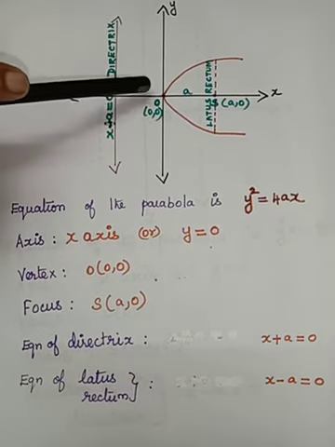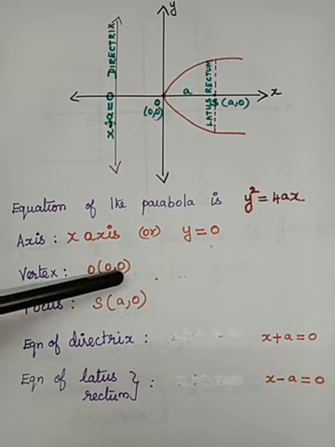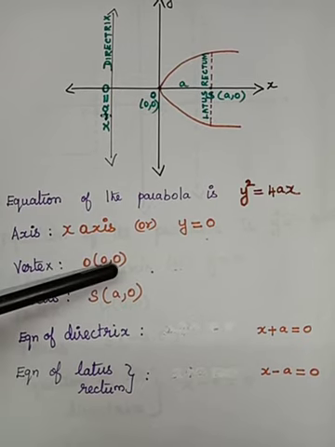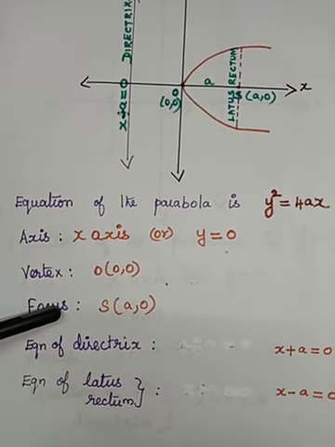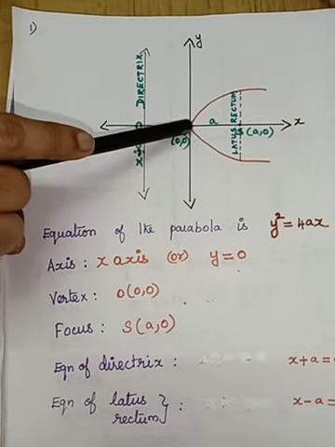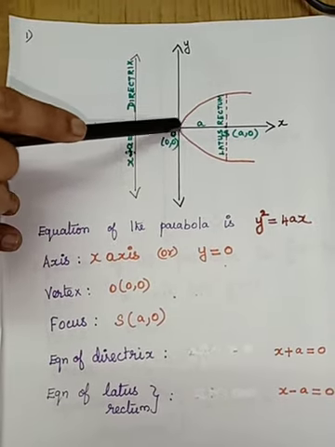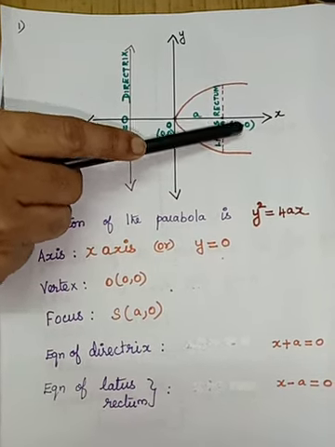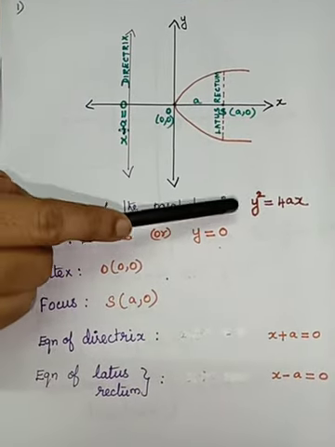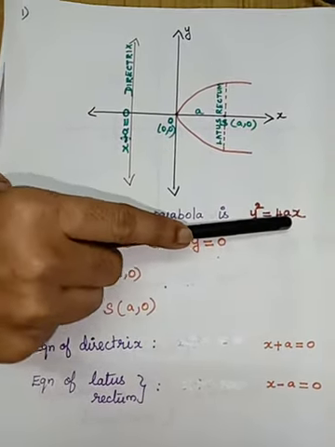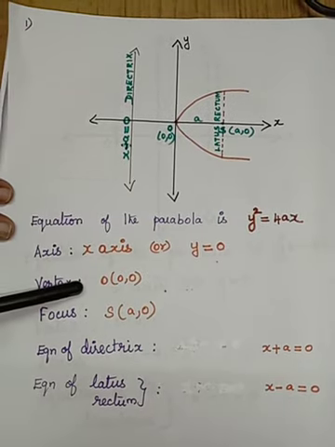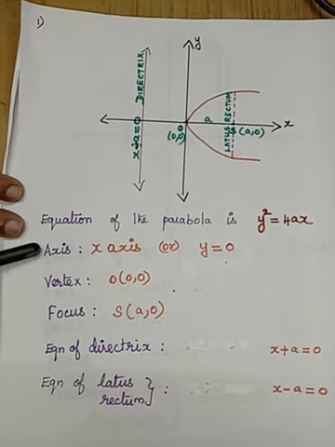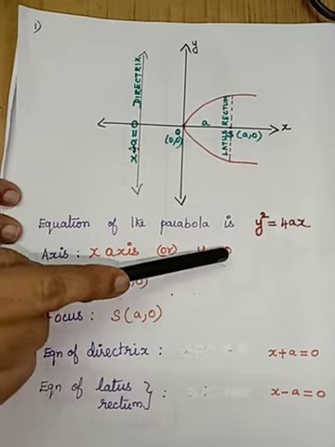So what is the vertex? This is the vertex. So the vertex is (0, 0). Either you can mark it as O or you can mark it as V. V of (0, 0). Now look at your focus. From the diagram, what is the distance we have taken between the vertex and the focus? It is a. So the focus of this parabola is (a, 0). So the parabola which opens rightward, whose equation is y squared equals 4ax, has vertex (0, 0) and focus (a, 0). The axis of symmetry is the x-axis, whose equation is y equals 0.